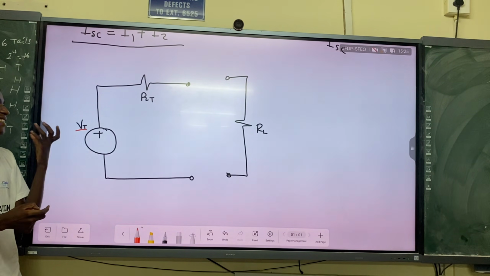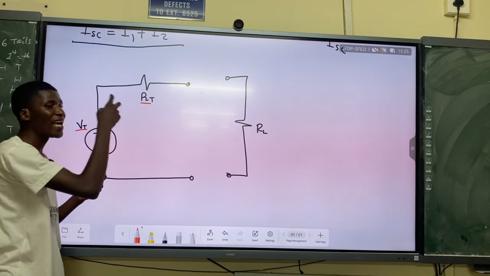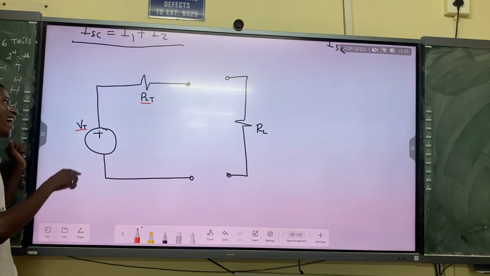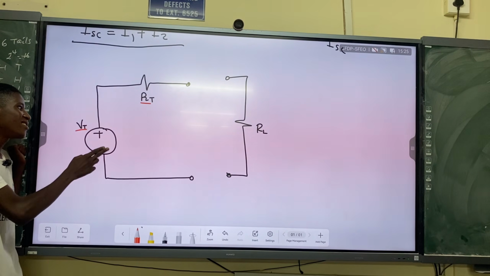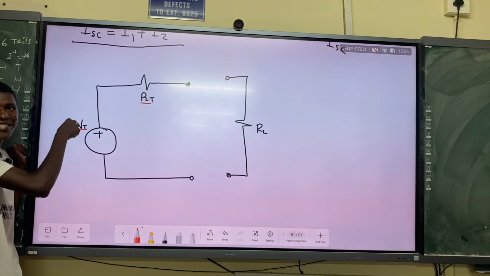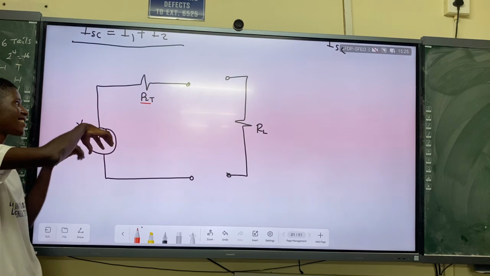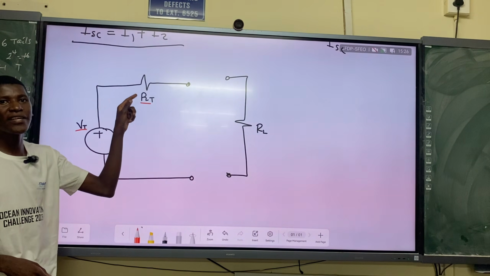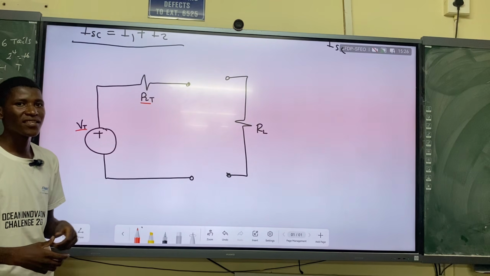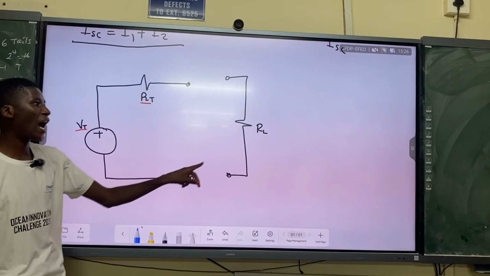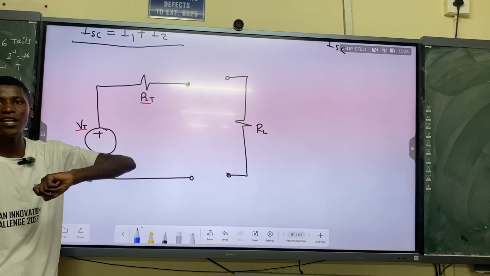So it's one ideal voltage source and one ideal total resistance, in a sense. So here we combine any voltage sources to get the Thevenin voltage, or the open circuit voltage, right? And we combine all the resistances to get the Thevenin resistance, which is the total resistance. So you guys will now be able to find how much current is entering the load resistor.